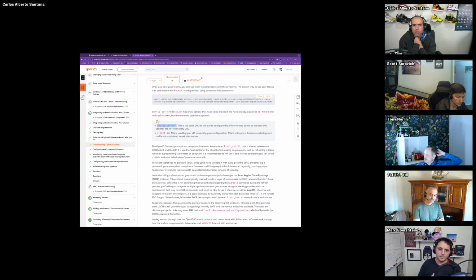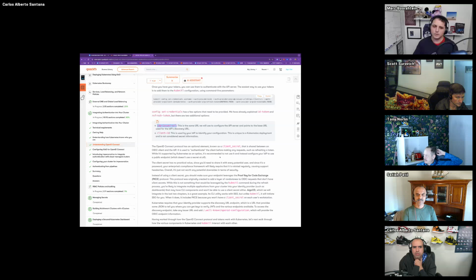Depending on the OpenID server IDP implementation, right? It's the timing. So what happens is when you do a refresh, and we get into this a little bit, what the spec says is that your refresh token is one-time use only. You can never reuse it.